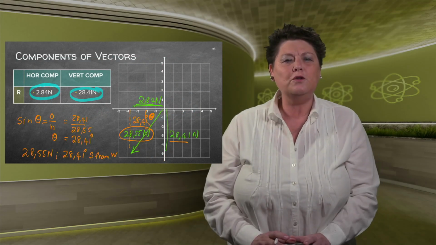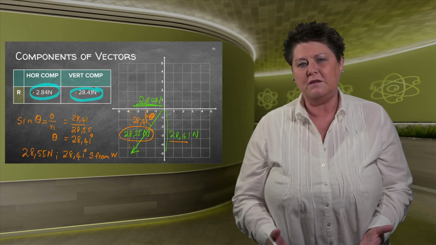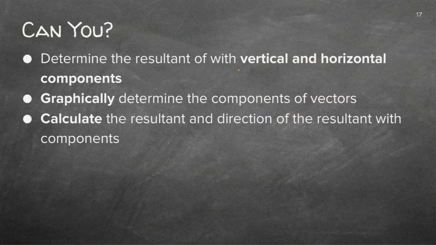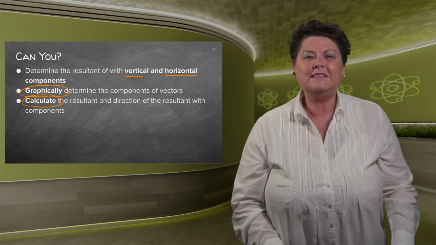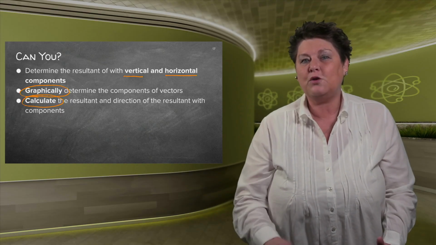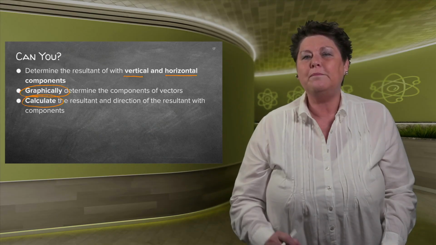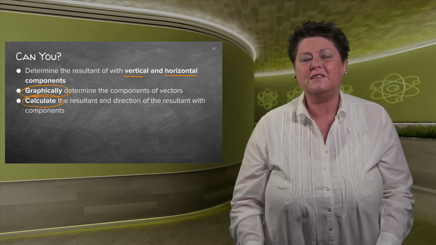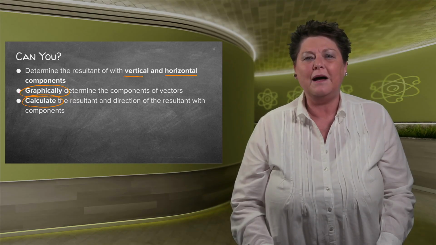I hope you understood how I broke up each of the vectors into horizontal and vertical, and then got to a total. So always vertical and horizontal. Make sure that you know, is it sine or is it cos, and then determine the resultant graphically or calculate it. I hope you enjoy working on a nice, challenging subject like physics, and nice, challenging questions like this will give you a good ability to work with grade 12 power and all the vectors that we are going to use there. I hope you enjoyed it.